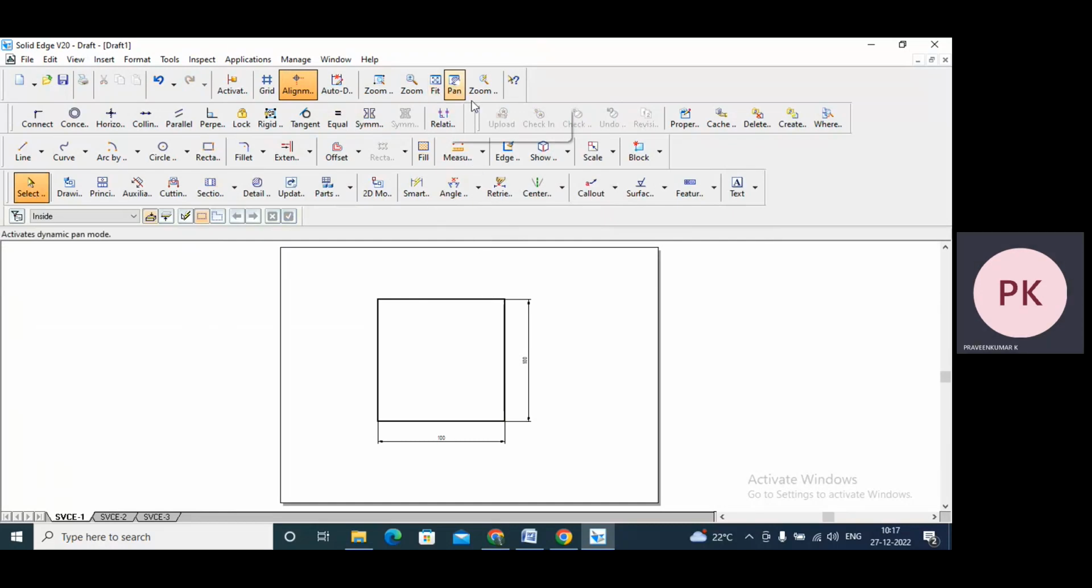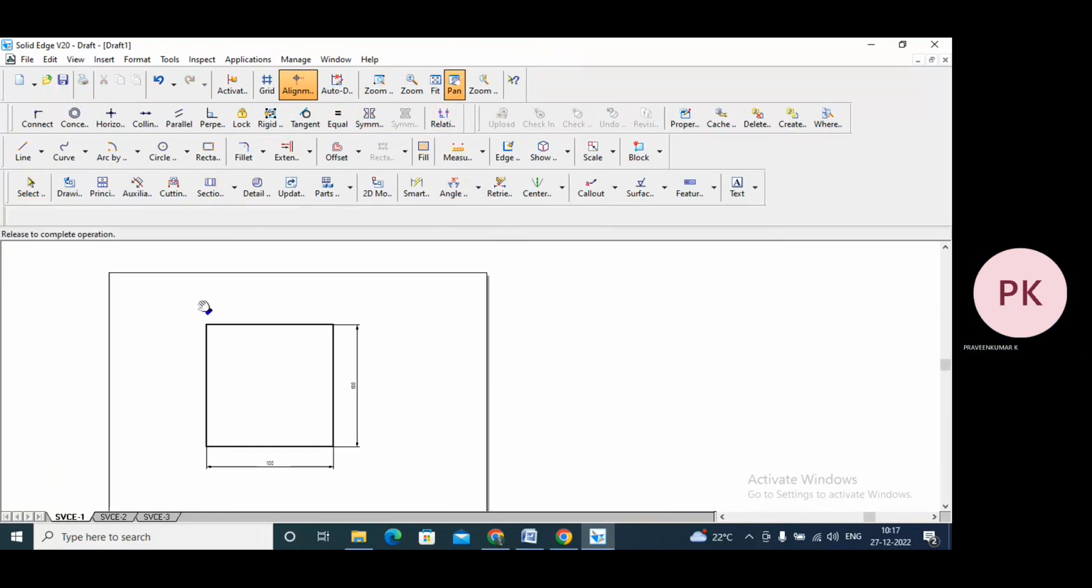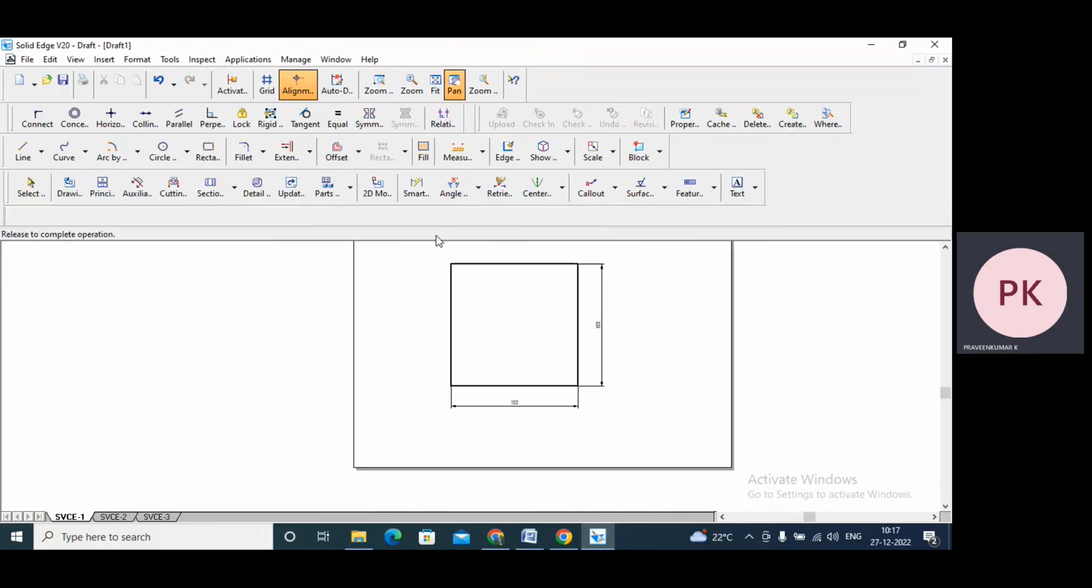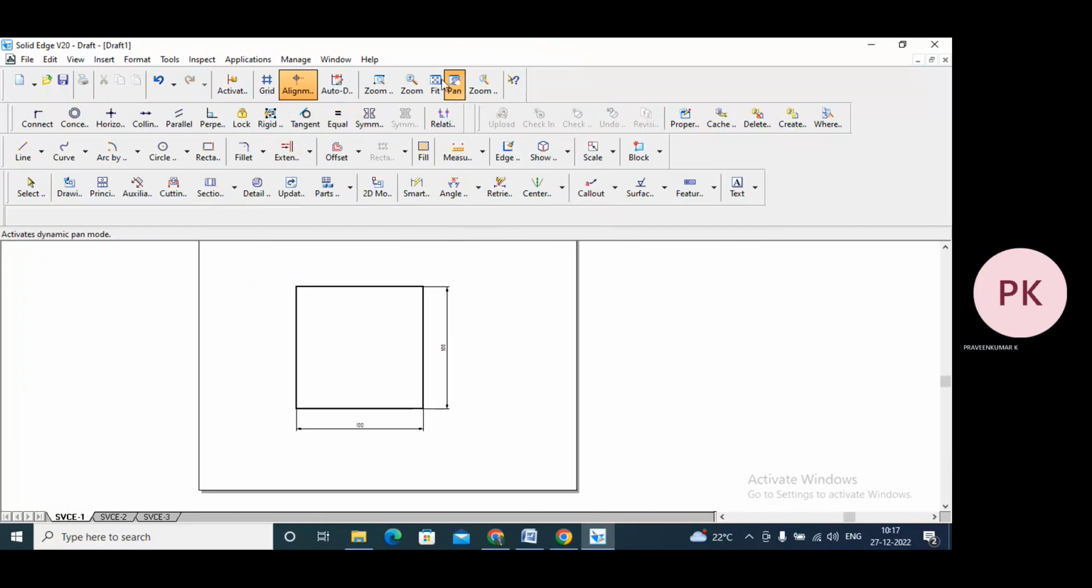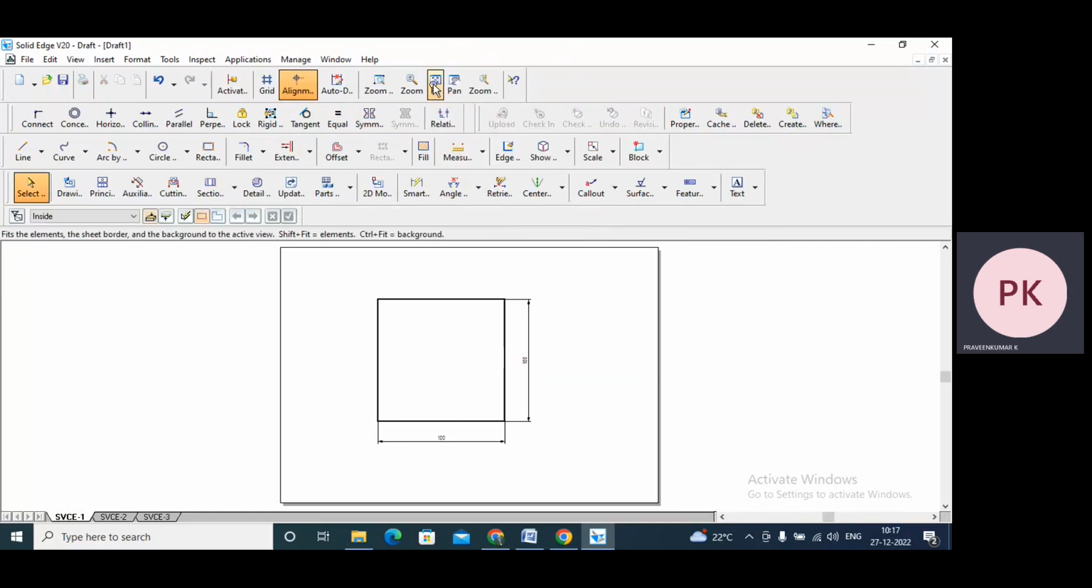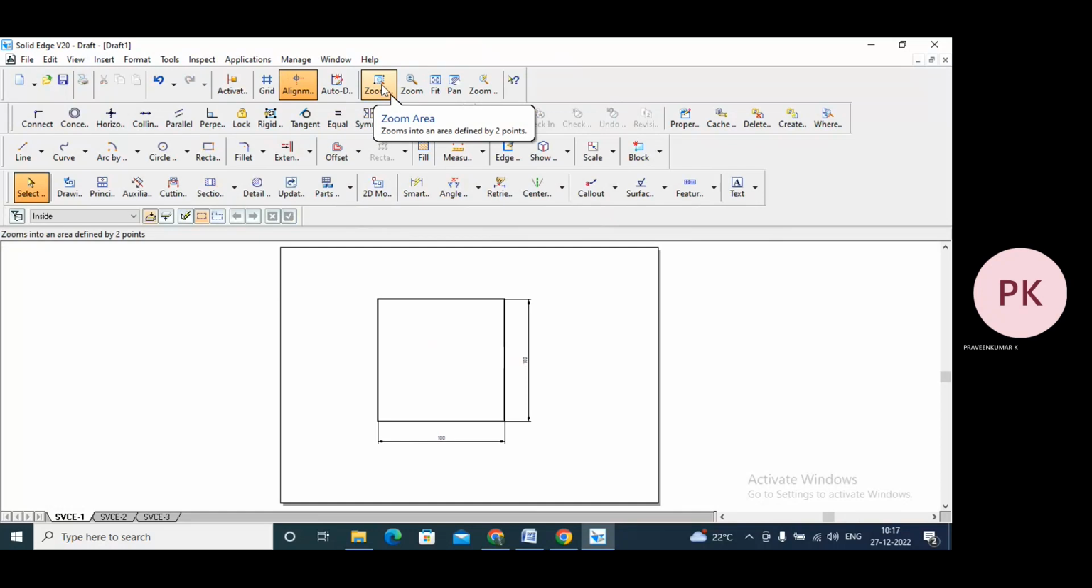Okay. And pan. Pan means we can move the sheet from here to here. So that is a pan. Okay. Zoom area, fit, and pan. And here fit we are using, and zoom area we are using. So with this, I conclude today's introduction part with respect to